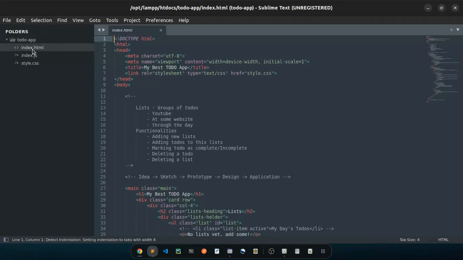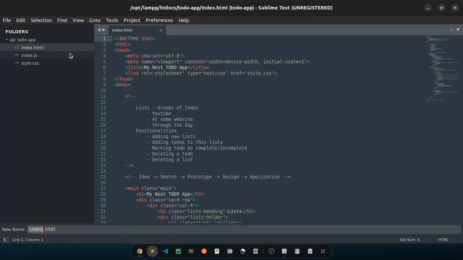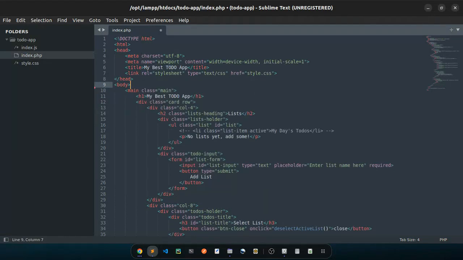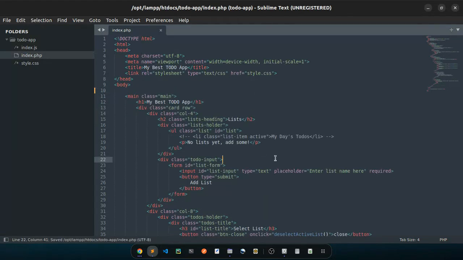So for this, we have index.html here, and one thing I'm going to do here is convert .html to .php. So I'm going to rename this and change this one to .php like that. Now we have PHP, the JS can remain, though we are not really going to use it, and I'm going to delete this comment here. So how can we make this use